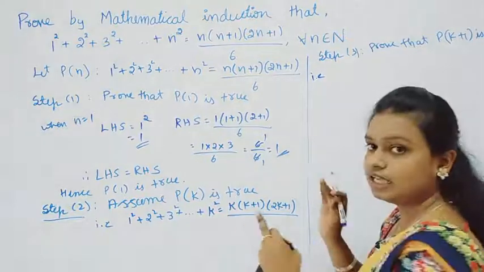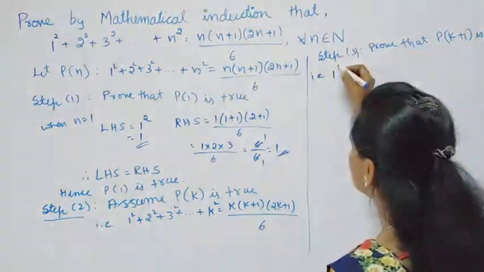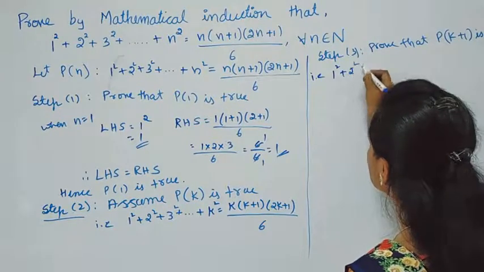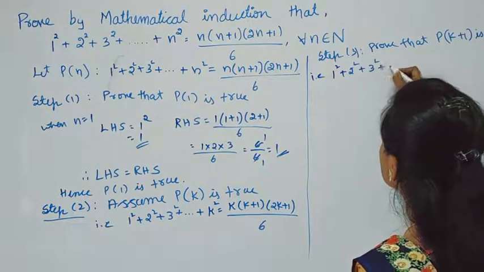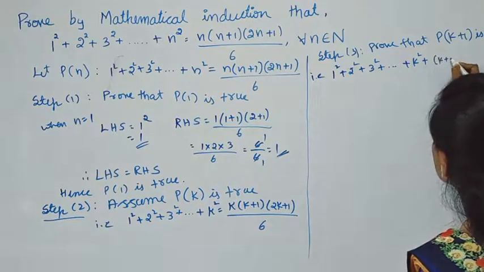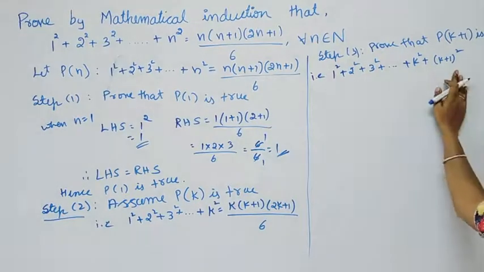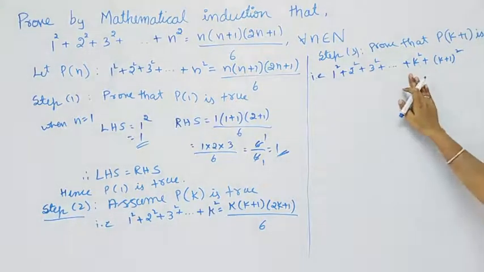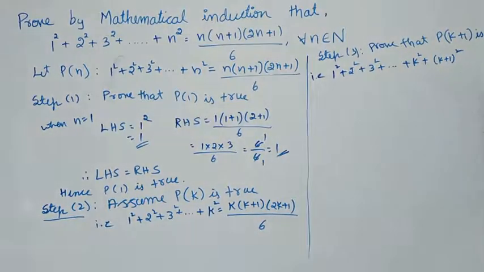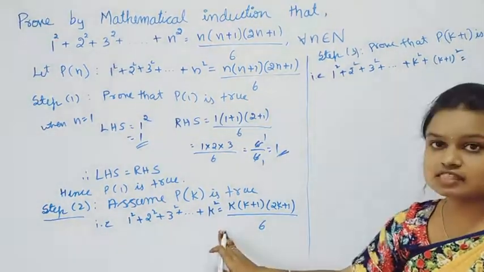Along with k, another term gets added. What is that? k plus 1. So it becomes 1 square plus 2 square plus 3 square plus etc. plus k square plus what? k plus 1 square. After k, the next term k plus 1 is coming. k square plus k plus 1 square is equal to, so up to k this is the statement,